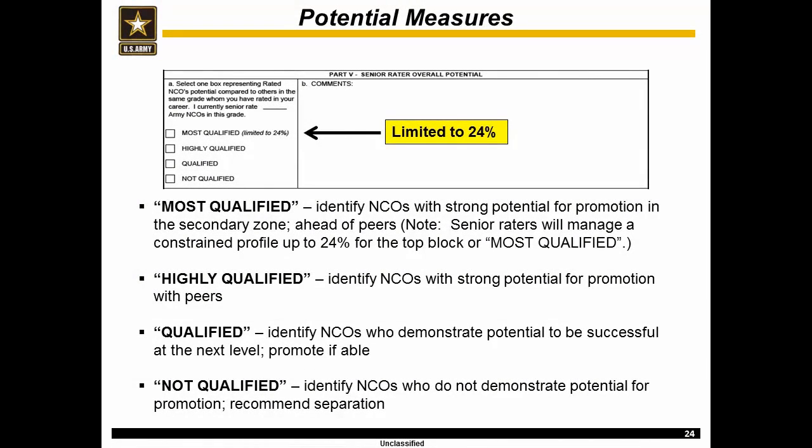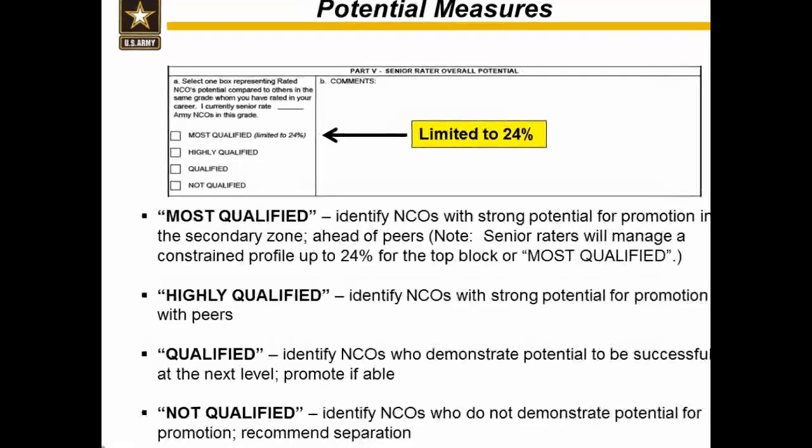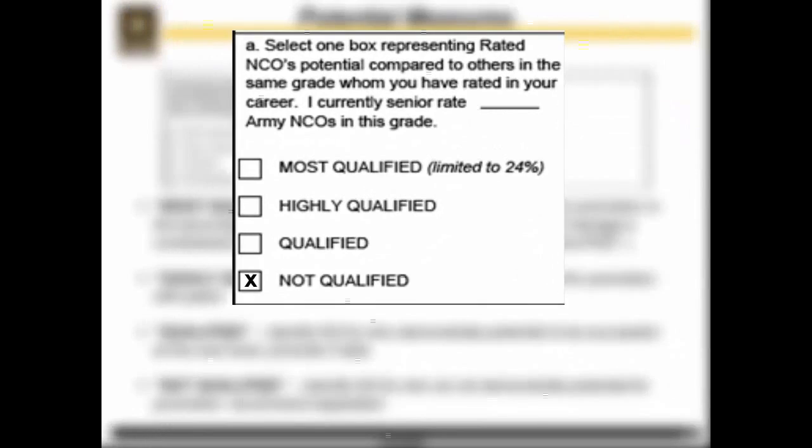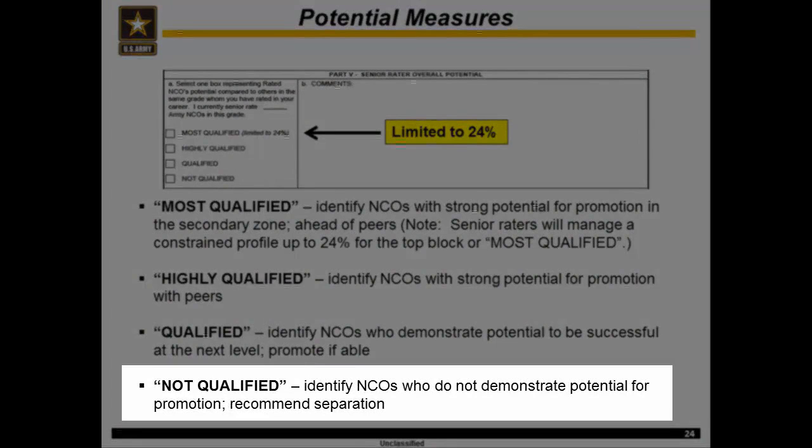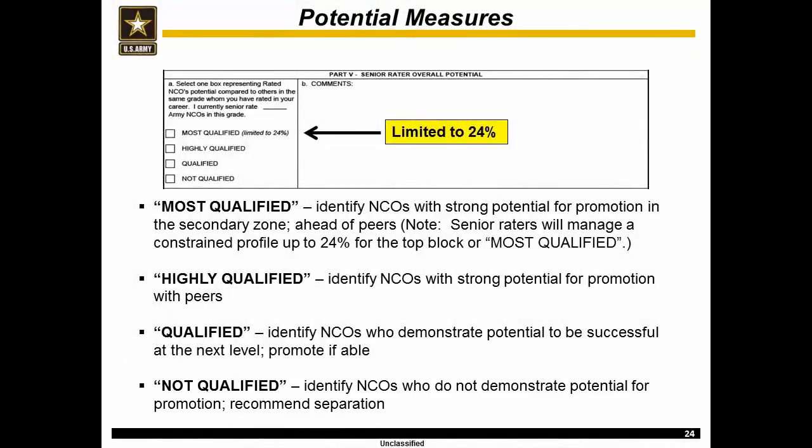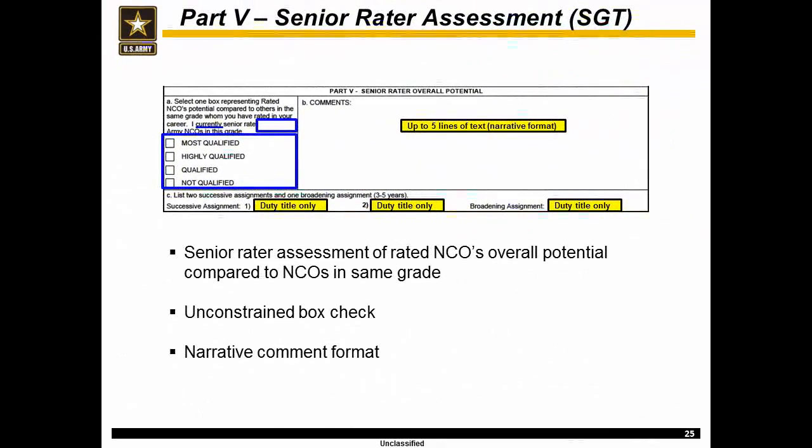If the rated NCO's potential is below the majority of NCOs in the senior rater's population, then the senior rater will place an X in the not qualified box. This box check identifies NCOs who do not demonstrate potential for promotion. Recommend separation. The senior rater's assessment of the rated NCOs in the rank of sergeant and sergeant promotable overall potential